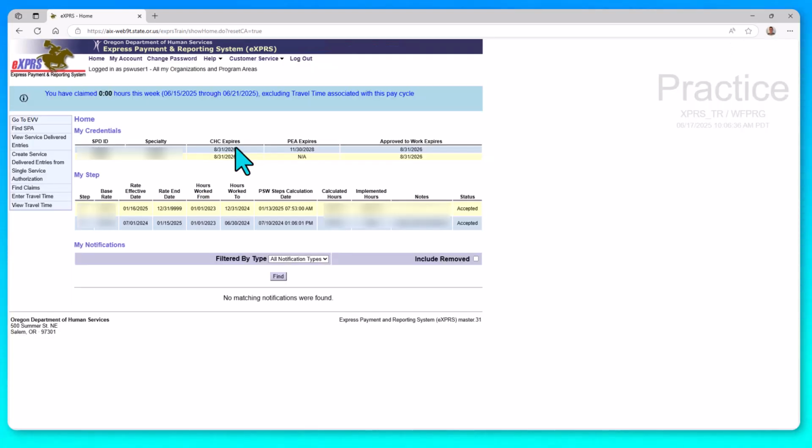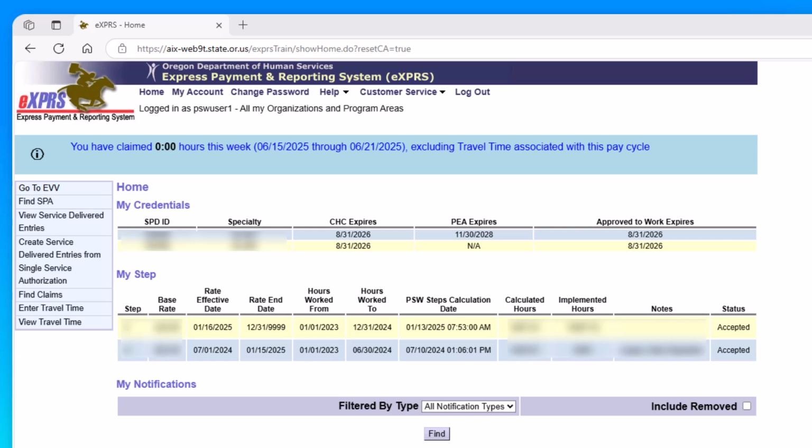This view here will look familiar for personal support workers. For other types of users, your screen may look a little bit different, but in general, you'll have the top menu bar and the left navigation. Starting with the top menu bar, we have the Home button. No matter where you are in the system, clicking this button will return you to this page.